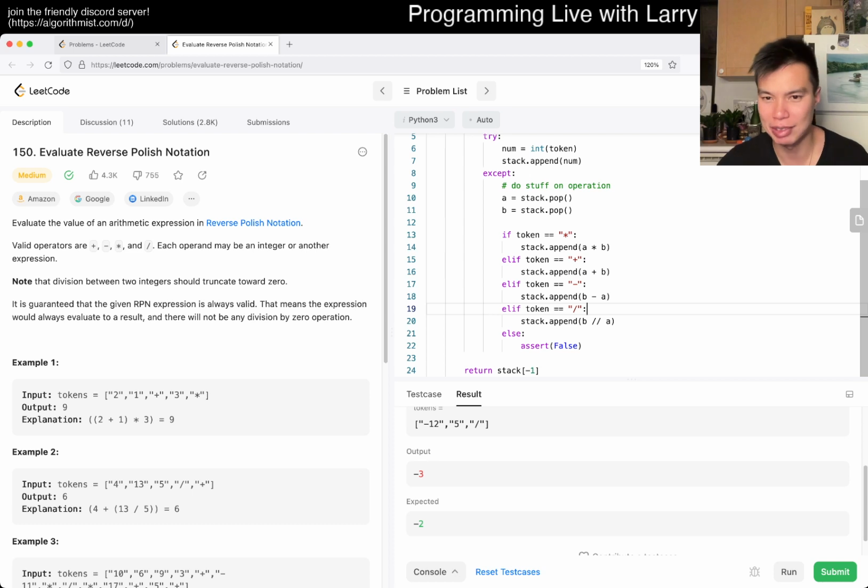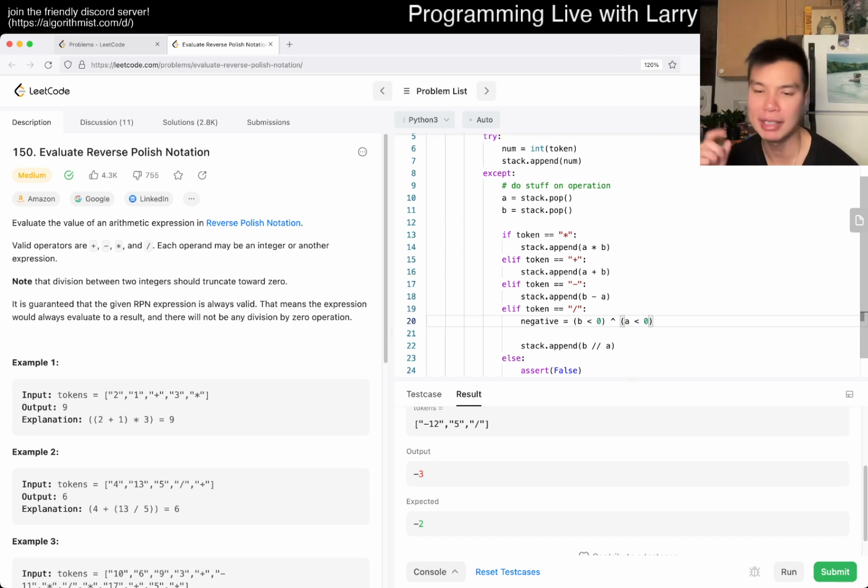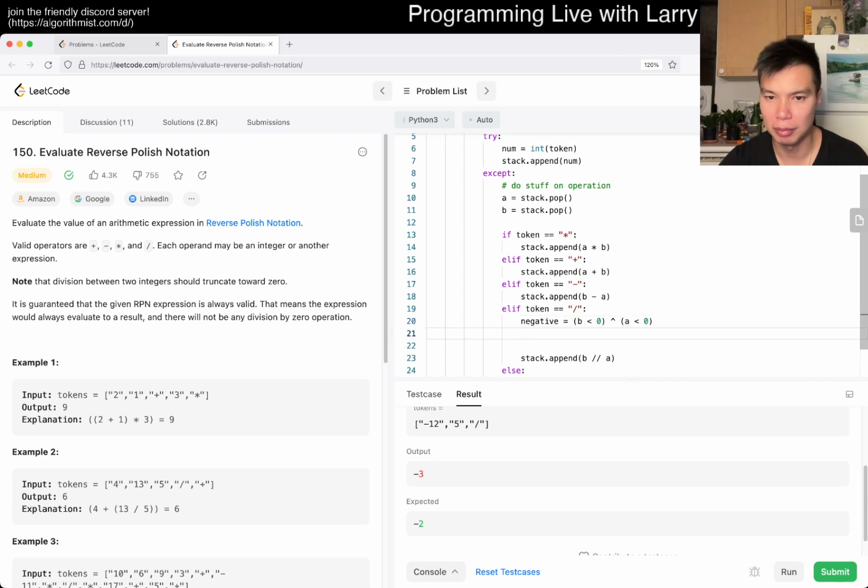different languages have different things. I'm just going to do it the crappy way, but we can always do it differently. So sign is equal to negative, is equal to b less than 0 XOR a less than 0. Basically if one of them is negative, then that's the idea. r is equal to, otherwise just